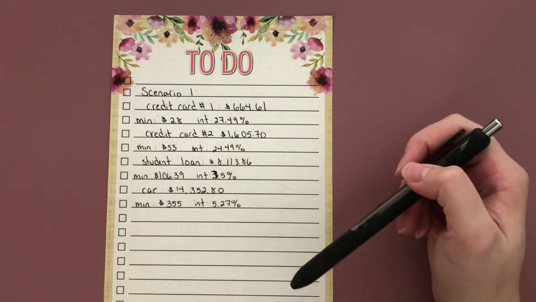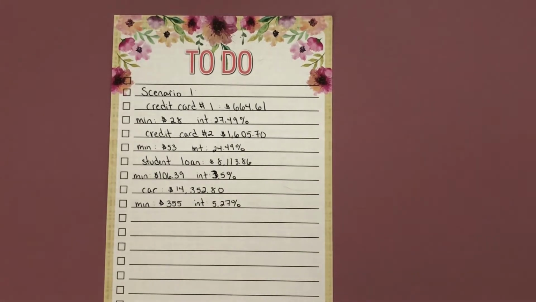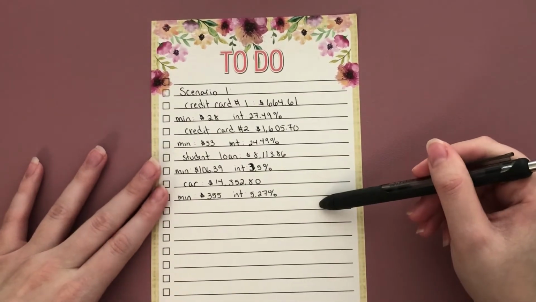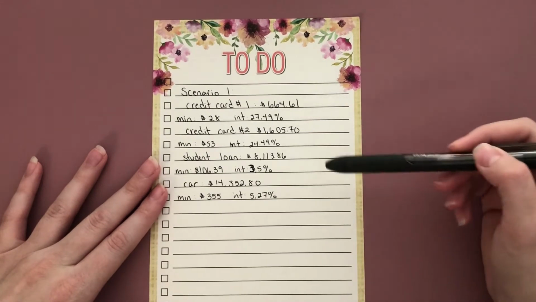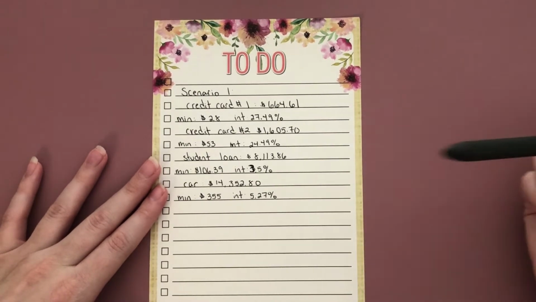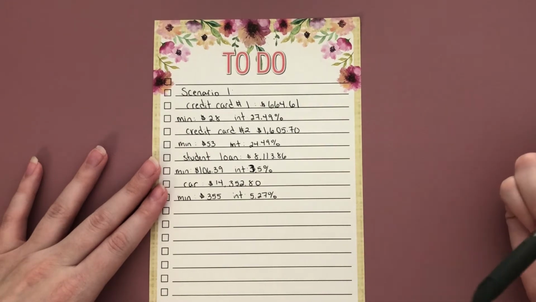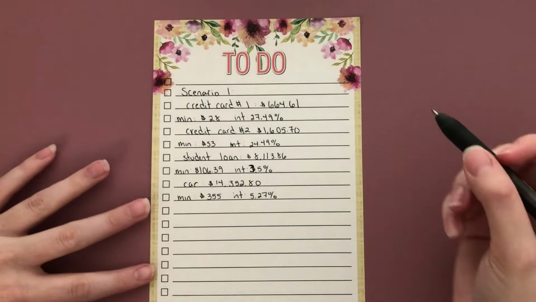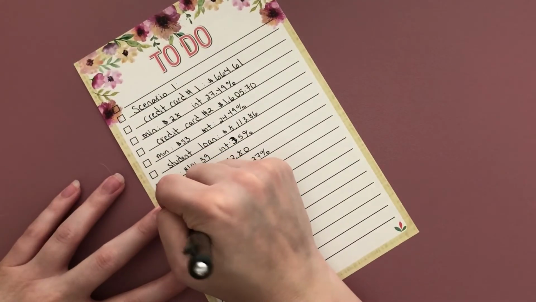Now some of these I just got the average interest rates or minimum payments online, especially for the second scenario, since you'll be able to see the scenarios are different and I don't have all of the different types of debt as in my actual scenario. So now that you have them all written down like I do here, you're going to want to list them out from the smallest balance to the highest, or the highest interest to the lowest interest. So I'm going to do both just to show you guys. So if I were to do the debt snowball,